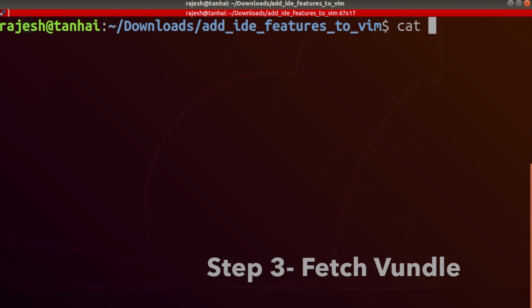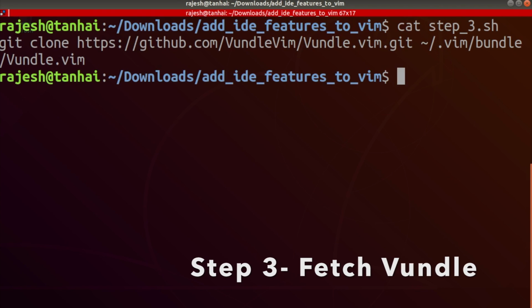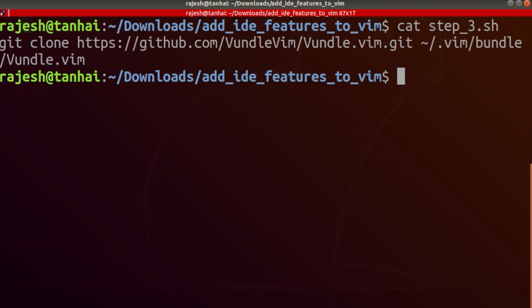So let's do a cat of step3.sh. You see that you are cloning something called Vundle. It's kind of a package manager for Vim, so it will help you in installing and managing a lot of plugins. So you do a bash of step3.sh